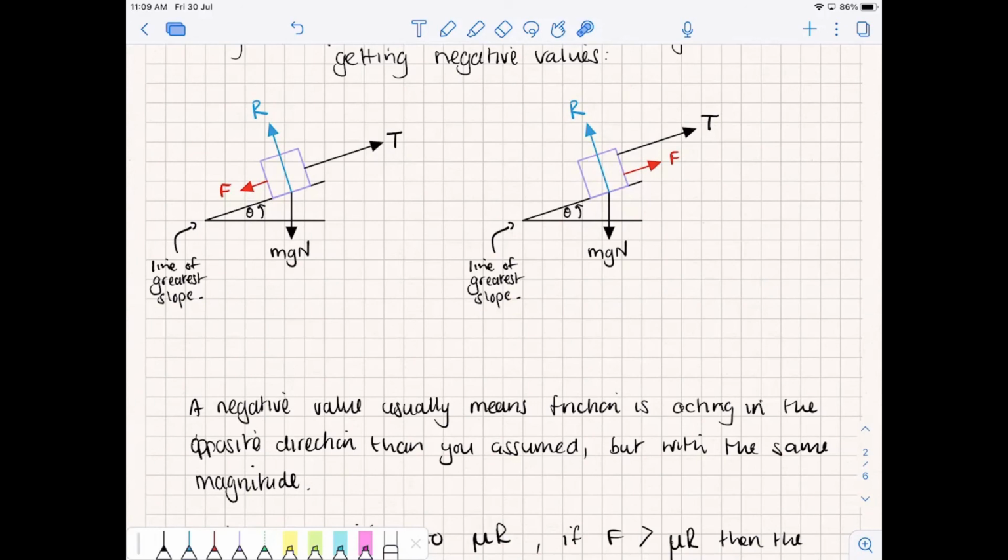Okay, does that make sense to you guys? Friction, right? Very important. It acts in the direction to prevent motion, and if the motion tends to want to go down the hill because there's not enough tension, if the object is in equilibrium, that must mean that the force of friction must be pushing up against, or against the direction of